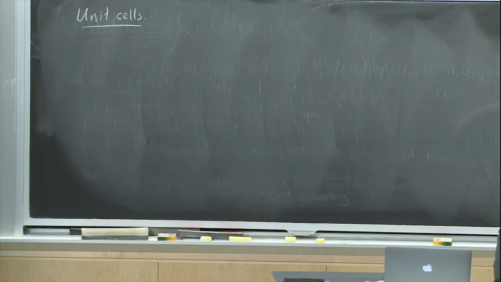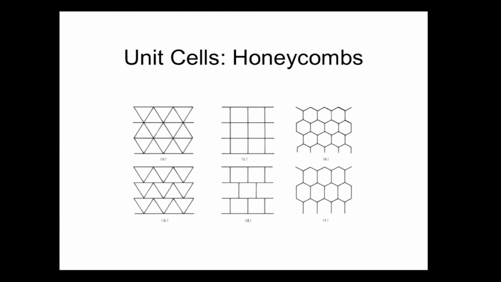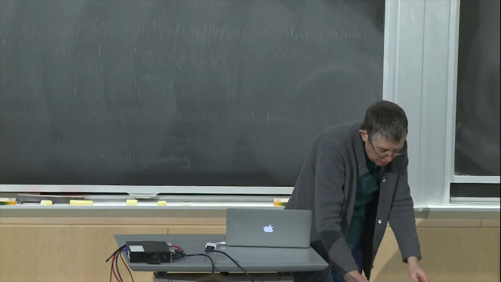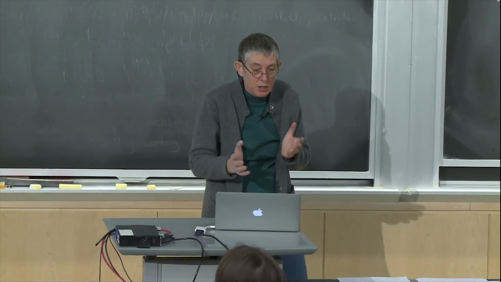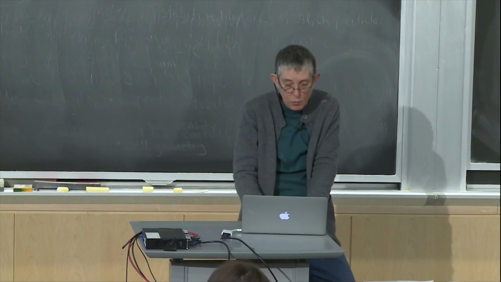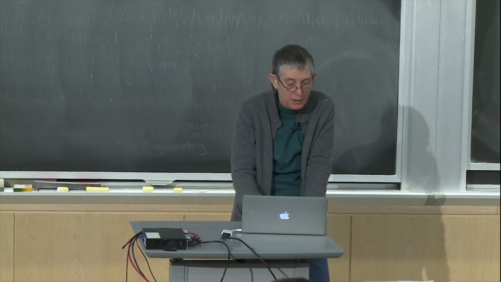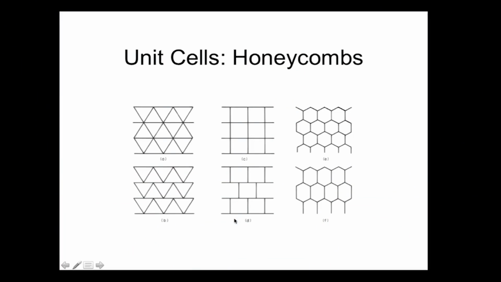So the next thing I wanted to talk about was unit cells. Especially for honeycombs, people often use unit cells. A hexagonal cell is kind of an obvious one to use to model this kind of behavior. So for honeycomb materials, you can have unit cells and you can have different ones. On the left here, we've got triangles. In the middle, I've got squares. On the right-hand side, I've got hexagons.